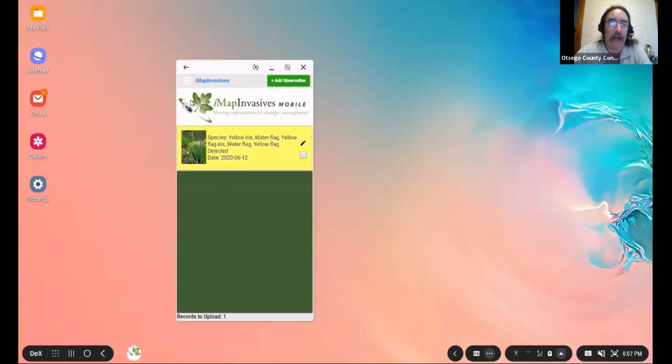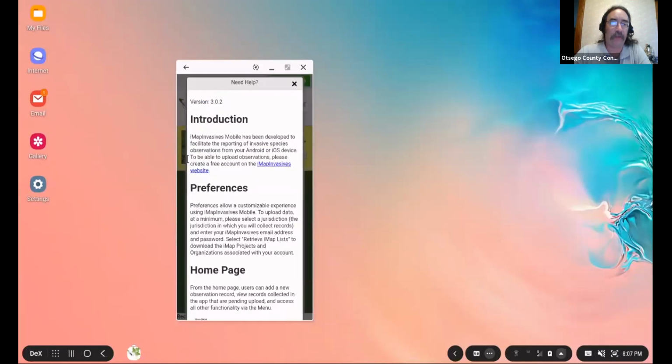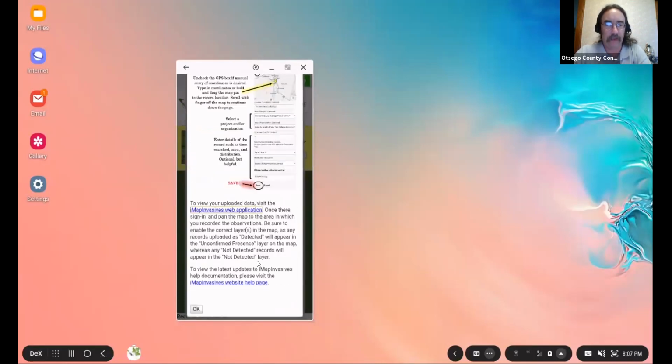I also discovered that the help setting here is pretty good. They give you a nice introduction, and I may have to tab through this, or maybe I can, oh yeah, okay. They give you the basics on how to do this if you ever get a little bit lost in the app. The one thing, well, I'll come back to this later on. But the help feature is pretty good.